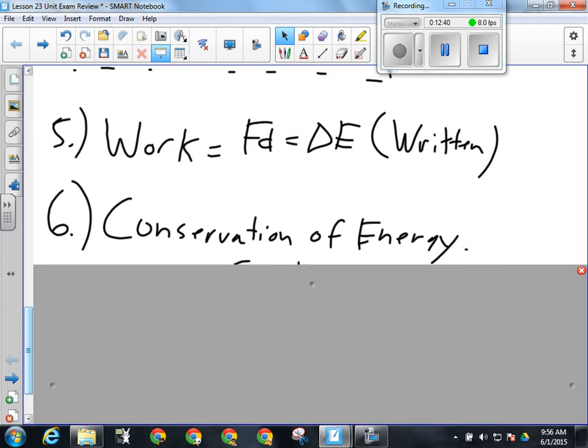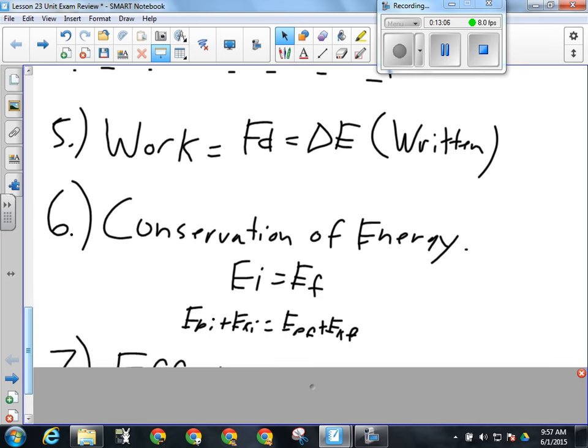Okay, conservation of energy. EI equals EF. Roller coaster, sledding down a hill, going down a slide. Any number of situations where essentially gravity is the only thing involved. I think that's an 8-mark question on the test. Okay, 8-mark problem, and then there's some stuff in the multiple choice, kind of knowledge-based stuff about the law of conservation of energy as well.